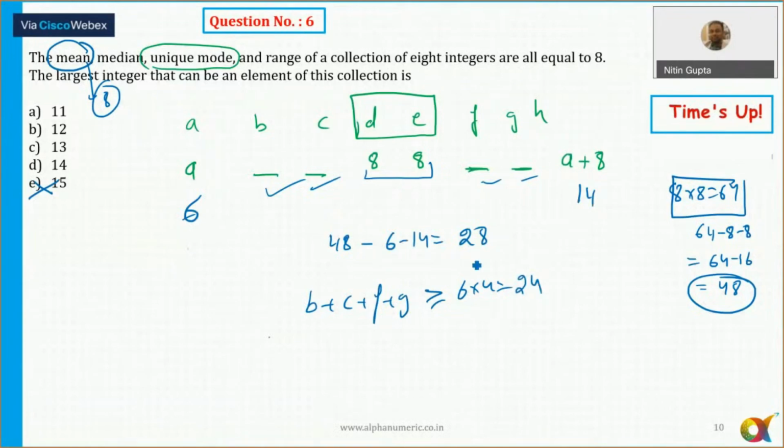Yes, it is 28. Now just see, can we make any combination of 4 integers such that their sum is 28? So yes, that is possible. I can say 6 and 6. 6 plus 6 is equal to 12, and then 12 plus 8 is 28. So which means my numbers are, A is equal to 6, the 2 other numbers B and C are 6 and 6, then 8 and then 14.